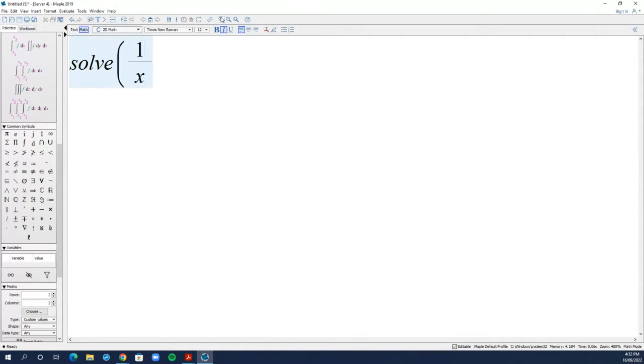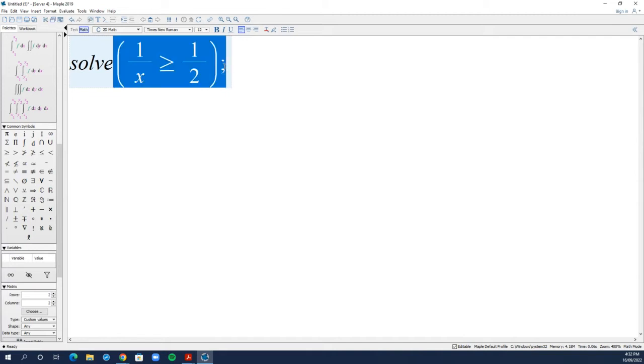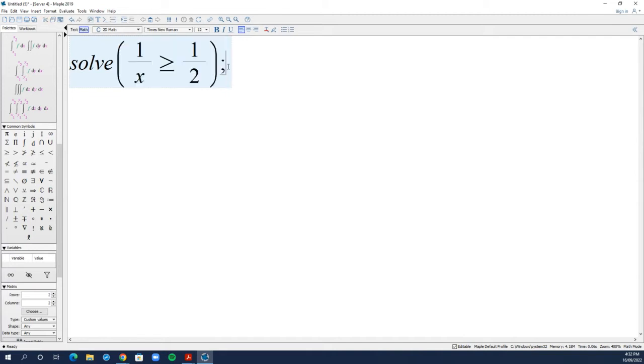All right, so let's do a bit of coding here. Solve 1 on x is, so I'm going over to the left to choose the greater than or equal to sign, 1 on x is greater than or equal to a half. So that's a command that I'm giving Maple. The command is the solve command. And the wonderful thing about Maple is that it can solve inequalities. Now this little thing at the end is just to tell Maple I want to see the answer. So if I press return here,